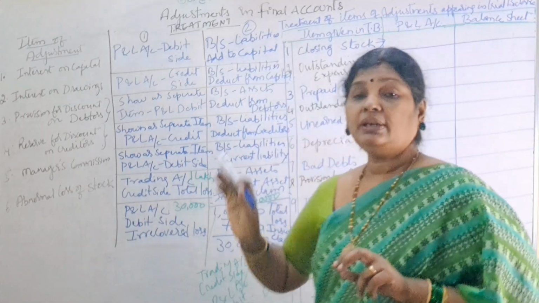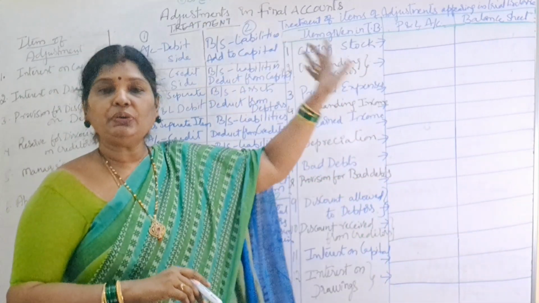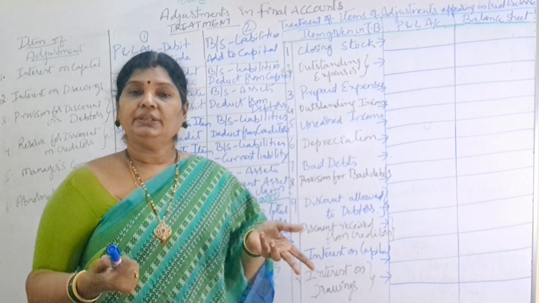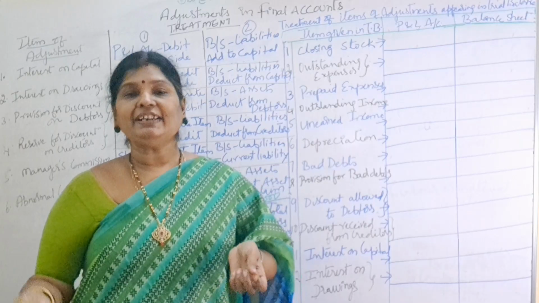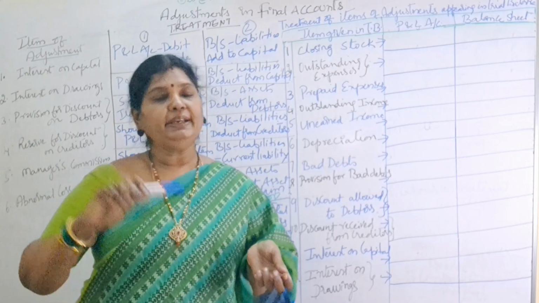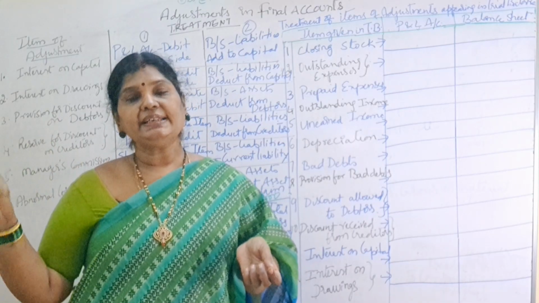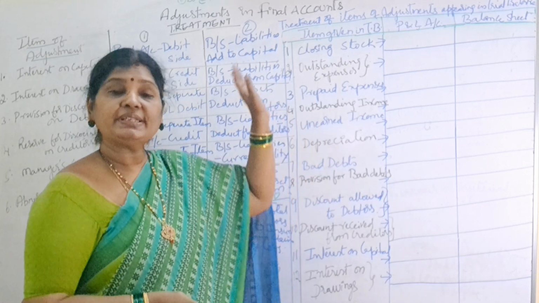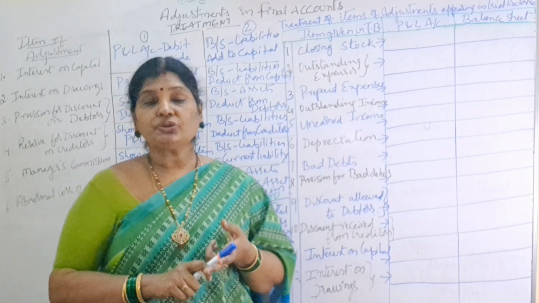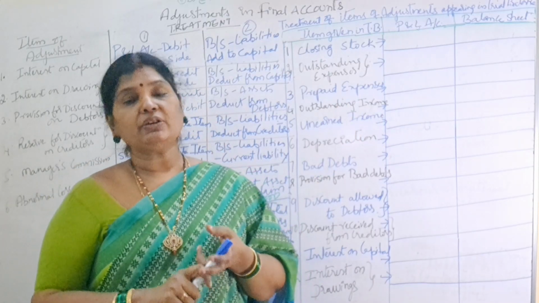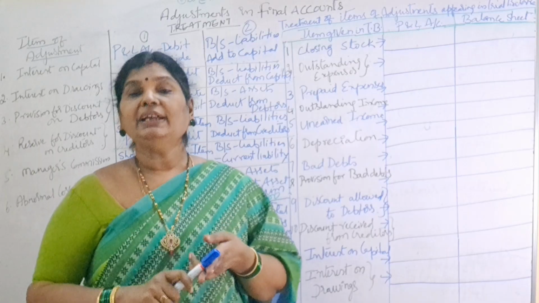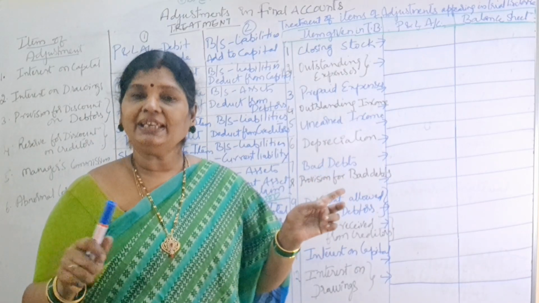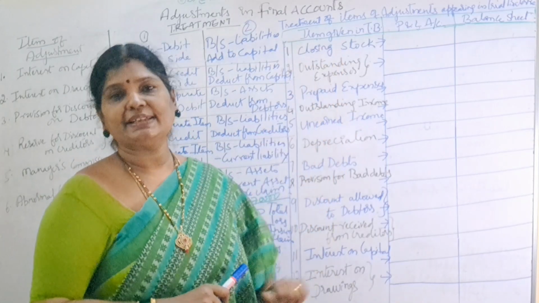So now we'll come to treatment of items of adjustments appearing in trial balance. Means these have not come below the trial balance. These are given only in trial balance. Suppose if depreciation is given in trial balance, where you have to write? If it is given below the trial balance, you will write debit side of P&L account, and next you will go to balance sheet asset side. You will deduct from fixed asset, right? But here, if depreciation is given only in trial balance, where we have to show, whether we have to show in profit and loss account or in balance sheet, you will get that confusion, no? That is why I want to explain this also. When you will get this doubt, when you are given adjustments in trial balance.